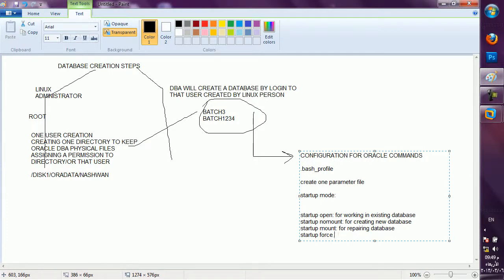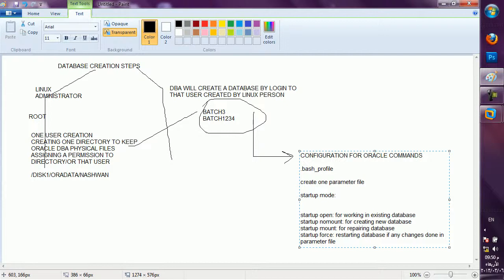Okay, startup force means restarting the database if any changes are done in the parameter file. If you add any one line in the parameter file, as we have read, my parameter file is a static file, read only. Unless you shut down the database and restart it, he will not count that new line in the parameter file.